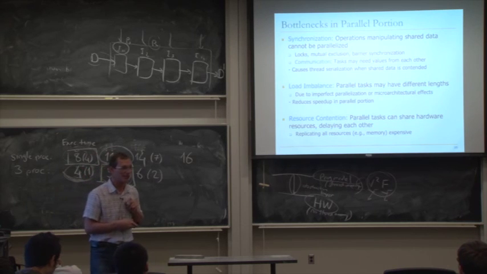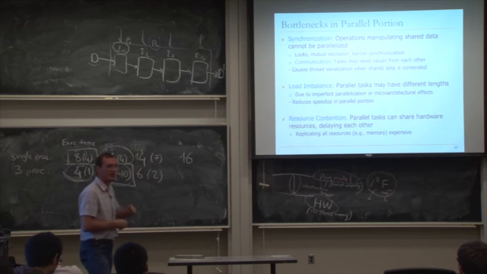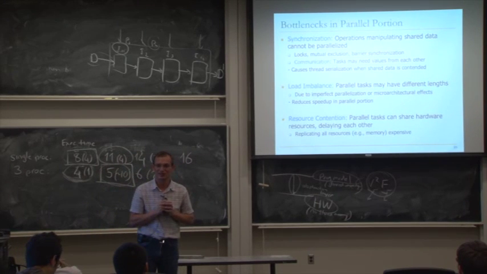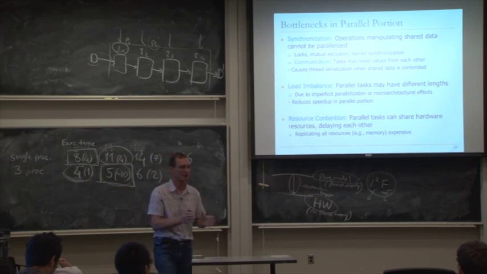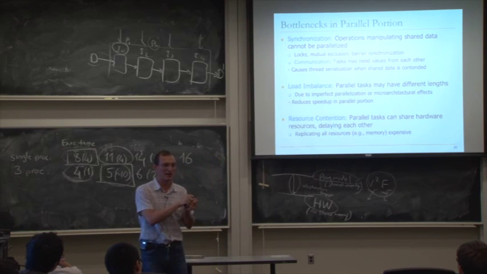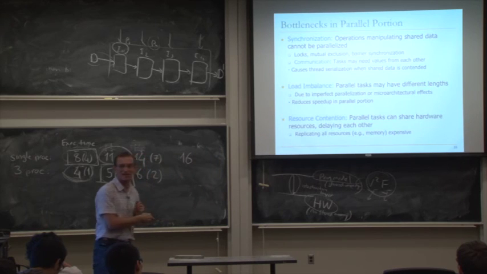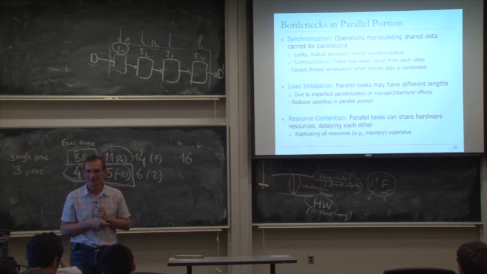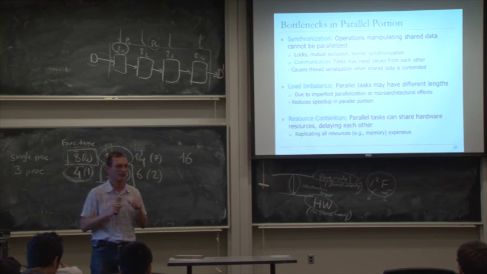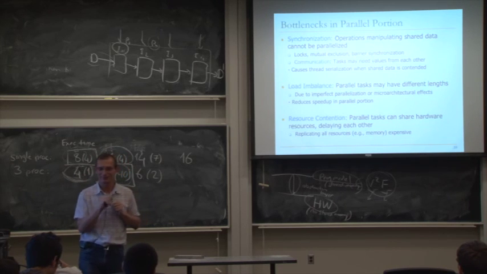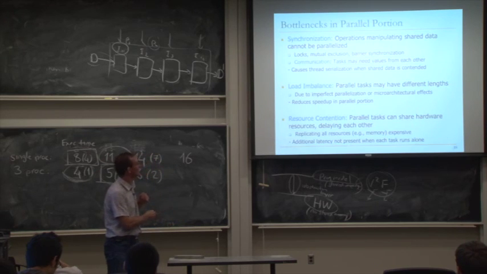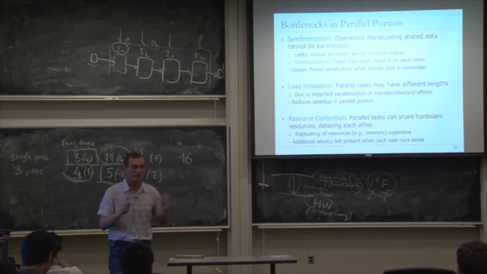You could eliminate this potentially, right? By replicating all of the resources. Each task gets its own dedicated resources. Gets its own processor, own cache, own memory. But then you run into another problem, which is it's expensive to do so. And maybe if you actually shared resources, you can get better performance because not all threads are active at the same time. Right? Okay. So resource contention leads to additional latency that's not present when each task actually runs alone.